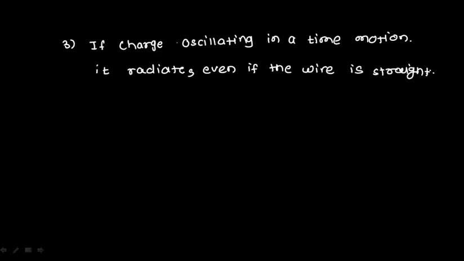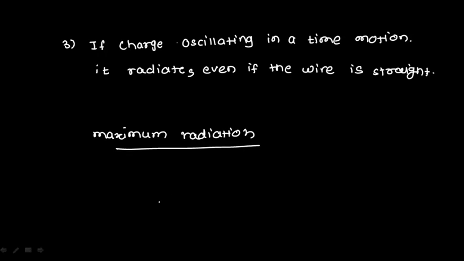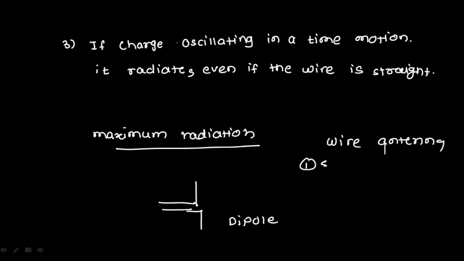So this is all about how your single wire can radiate, but we are talking right now about the dipole. So what we want here, we want maximum radiations. To have maximum radiations, if I am interested in the maximum output, I am going to add a flaring in that, maximum flaring add किया जाता है, ठीक है, and this is something what we call as a dipole structure. So when I talk about the wire antenna, I can talk about the two antennas. The first antenna can be a single wire antenna, which is not discussed here, but it is there. So next one is nothing but the dipole antenna.